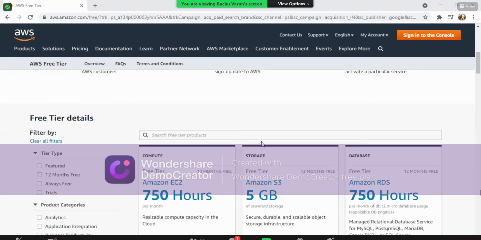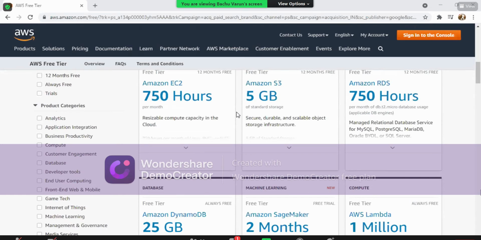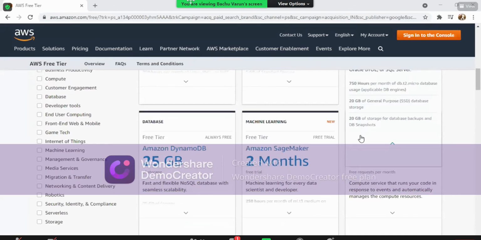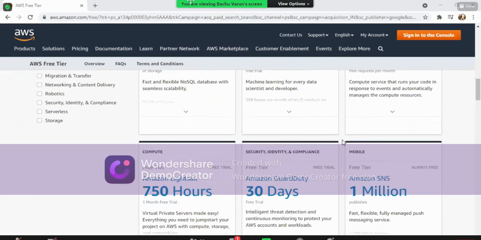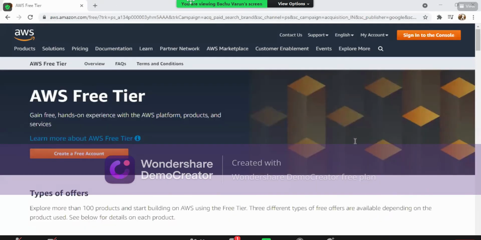After completing your Linux session, you start creating your AWS account, so that it will be beneficial for you, because the resources here are available only for 1 month. After 1 month, they'll be automatically deactivated, meaning in the free account, it will be automatically deactivated. You can see there are some things available here for a limited time. All clear? So this is the website which you have to go to.